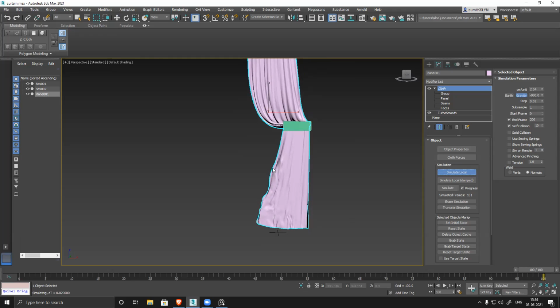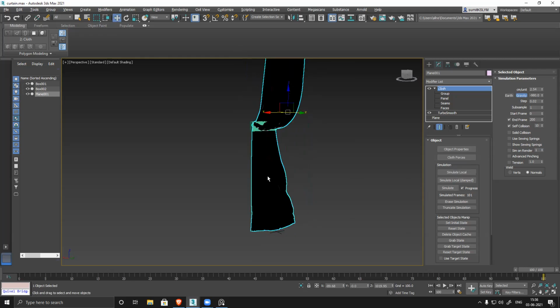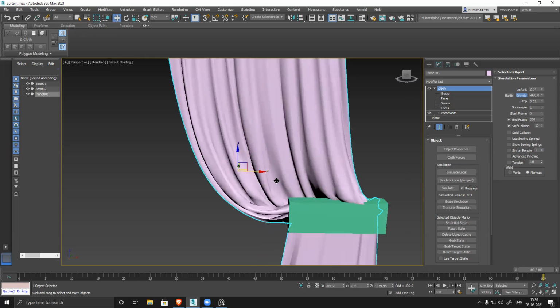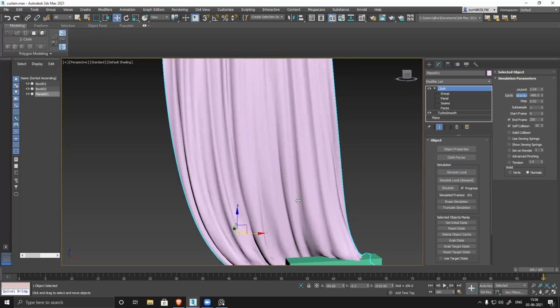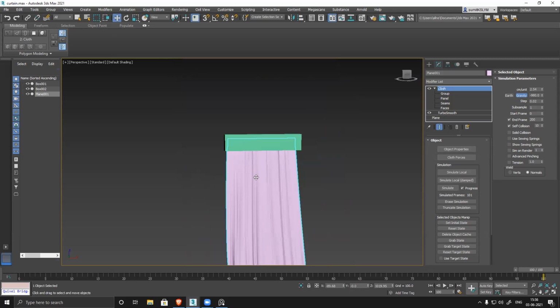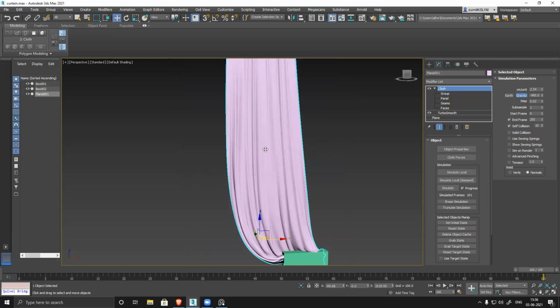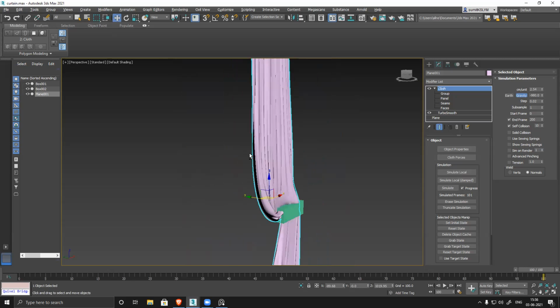Simulation is a bit of a time-consuming process and takes a little time, but yes, it will work. You just need to increase the number of frames, or you can simply stop it. Once you get the basic shape right, then start simulating locally, and switch it off whenever you are ready. So you can see all folds are clean. There's no distortion, because the amount of polygons creates a clean shape.